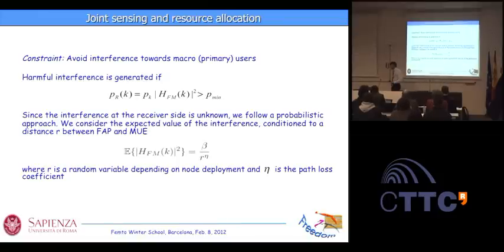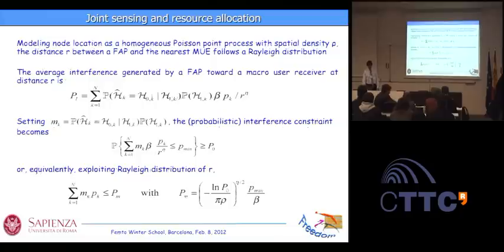Now if we relax the assumption that we know the distance, just because we don't know it, we can model the distance as a random variable. So this is the conditional expectation of the channel conditioned on the knowledge of the distance R. For any R, we may have a different value of this function. And eta is the usual path loss exponent.